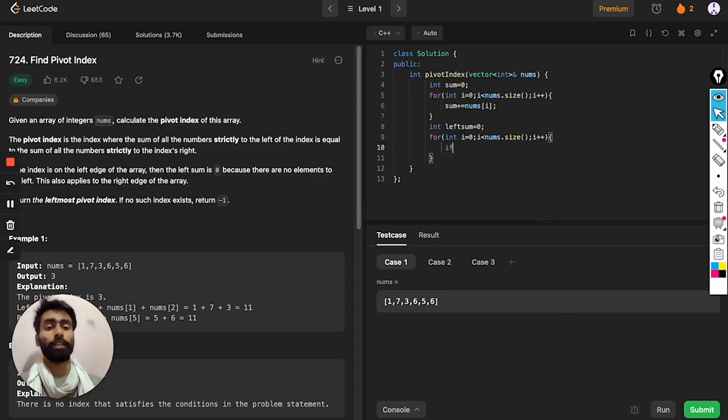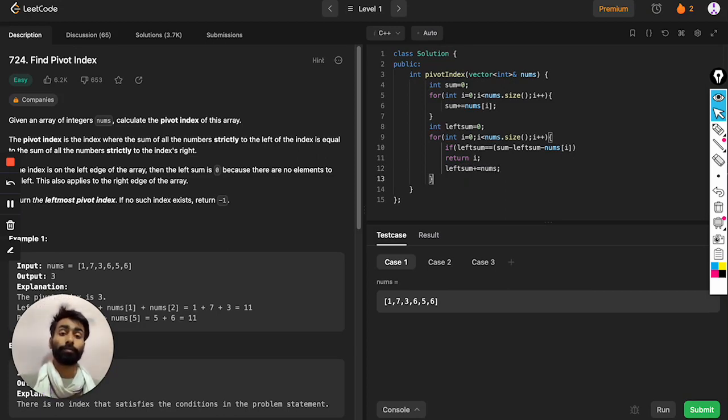Here we will check the condition: if left sum is equal to sum minus left sum minus the element, if it is true, return i, else left sum plus equal to nums. Else return minus 1.